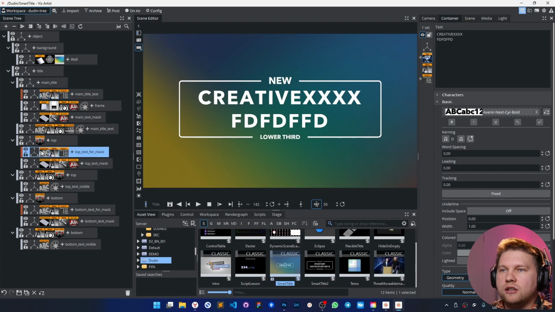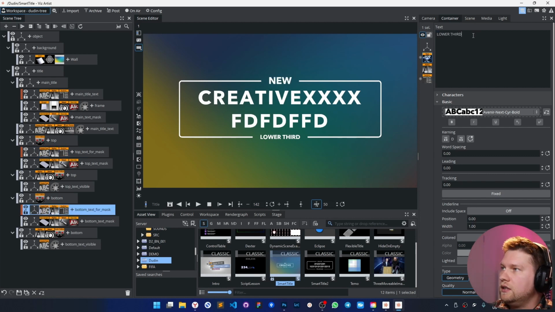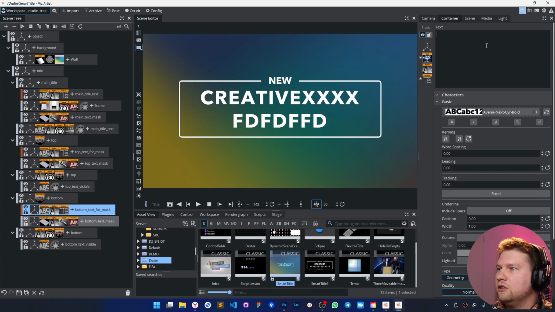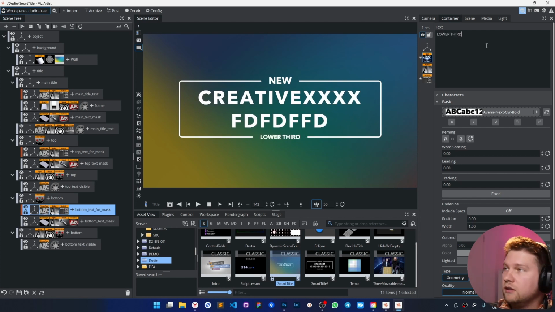And what I can change here as well is the top text, and as you can see, no text, no gaps, easy. And I can do the same for this text, and of course I can make it multi-line, and it's also working in this case. Okay, and let me just delete all of them. As you can see, no text, no problem. Play animation, everything is fine, it's working. Okay, let me get it back.